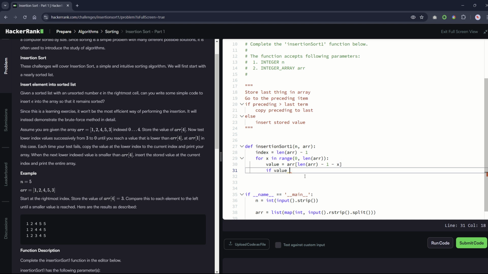So a value, so preceding. So value, so if the preceding value is greater,